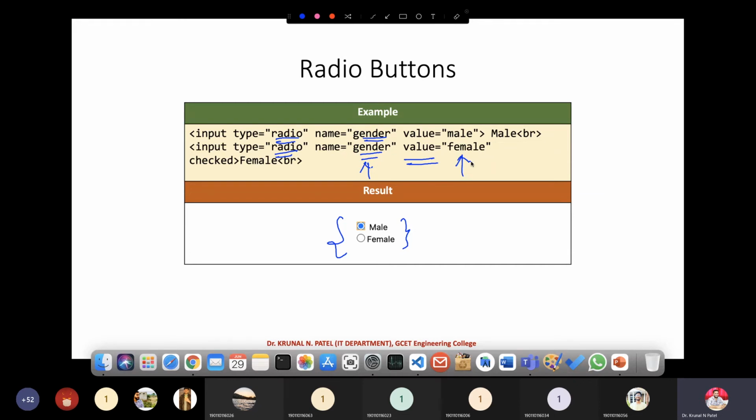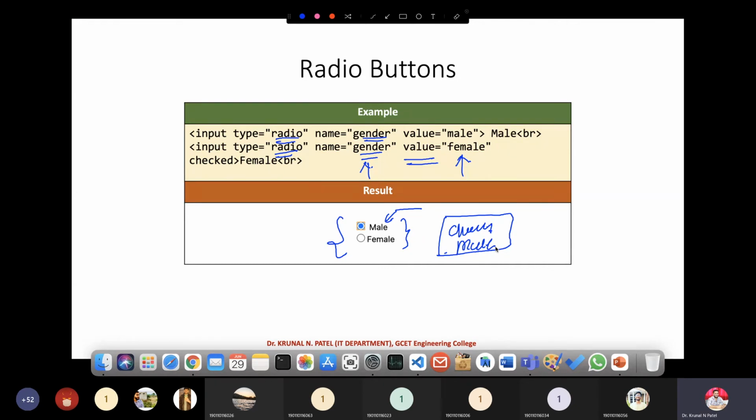Whenever you are writing JavaScript, right? Suppose I have selected male from the radio button and I want to display one alert box saying that you checked male. This kind of alert box I want to display. So how can I get that? Okay, male is only selected.